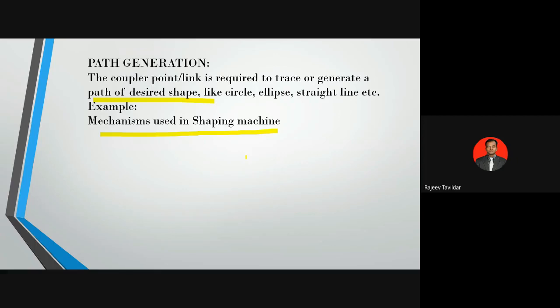See, the tool which has to reciprocate along a straight line is of course a function, but here our point of concern is what shape or what path a particular link has to move. Instead of a function, just like if I take y is equal to sin x or y is equal to cos x, this function is not going to define the path over here. It is only focusing on the function. But if you take a mechanism like, say, the elliptical trammel, wherein the objective of the elliptical trammel is to trace an ellipse, also it can trace a circle. So here we are more concerned about the shape or the path which the link will generate. Such mechanisms are categorized under path generation.